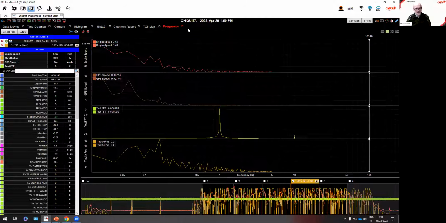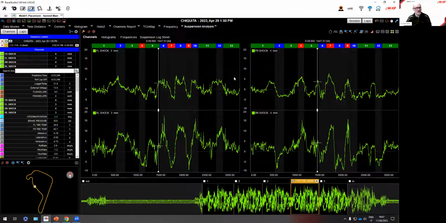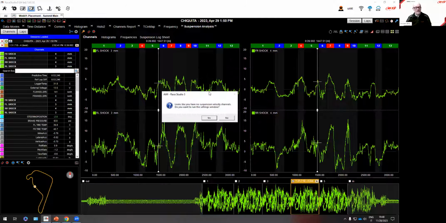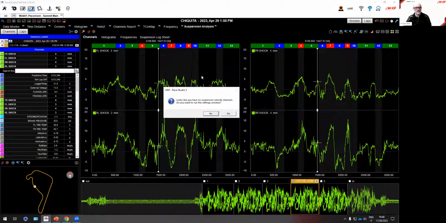The suspension analysis tab is missing, and in a second I will explain why. I have in this session only channels coming from shock positions, shock absorbers. I have data from potentiometers. When you open the suspension analysis, the engine recognizes that you are missing the velocity channels, and it asks you if you want